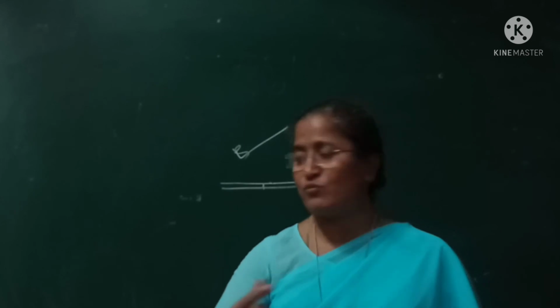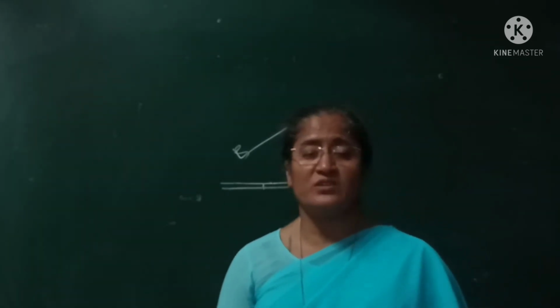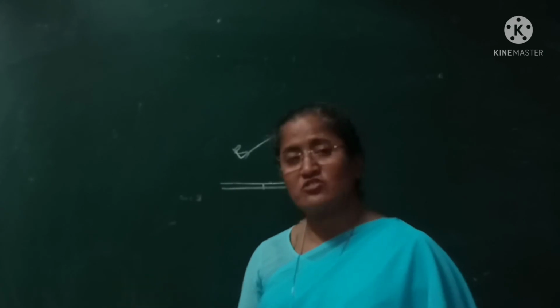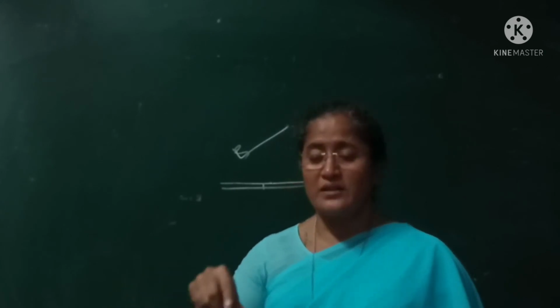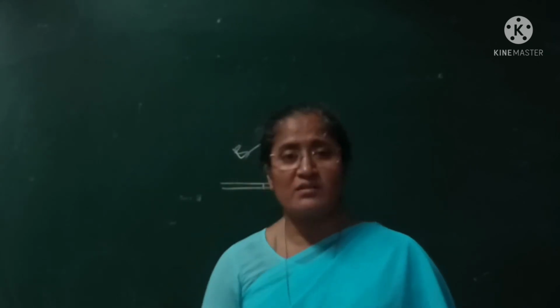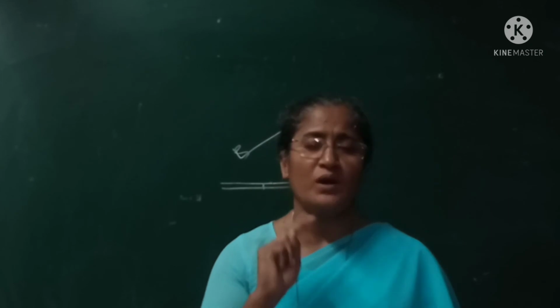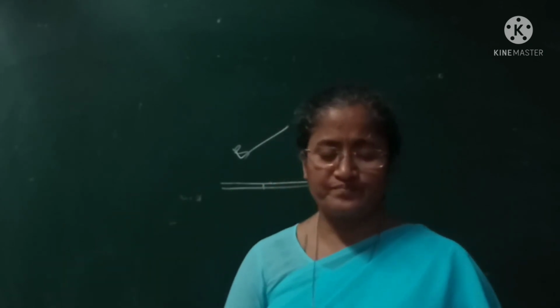So the full part of the bat itself is made of what? The handle where we are catching is made of a cane tree, and the blade is made of a willow tree. Before, there was only a single tree; now two trees are cut and processed differently. One is the willow tree, another is the cane tree.